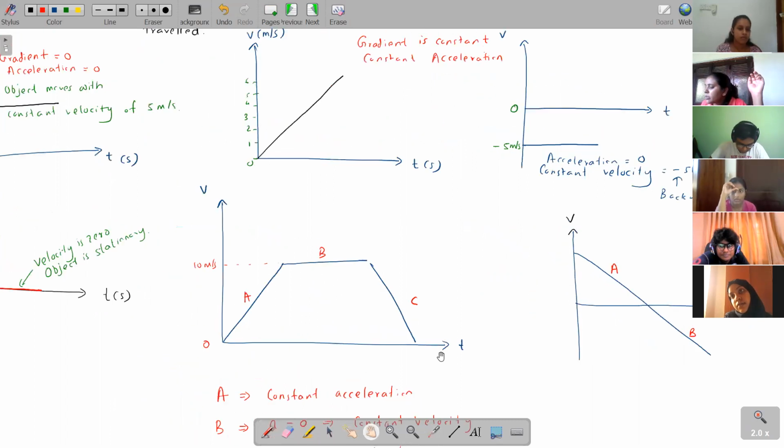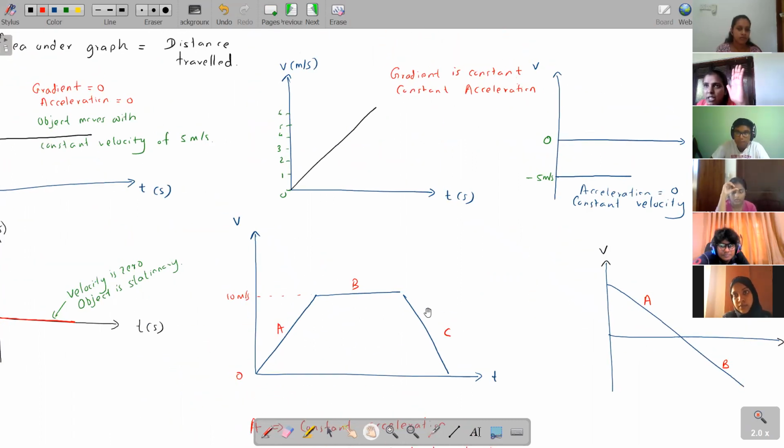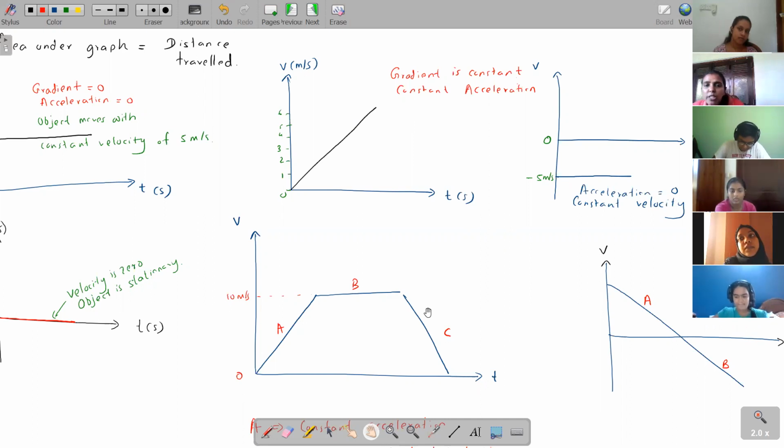Okay, so in a velocity time graph, children, listen to this very carefully. In a velocity time graph, it's very easy to understand when you are coming back. If you are moving backwards, if you are moving to the negative side, your graph will be below the x-axis. If your graph is fully above the x-axis, it means you're moving in the same direction. You're moving forward only. The moment your graph goes below the x-axis, you are reversing direction. So that is the difference in the VT graph.